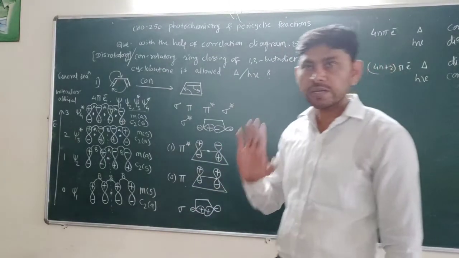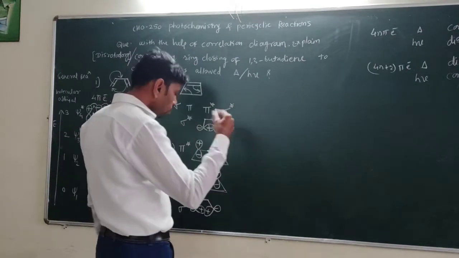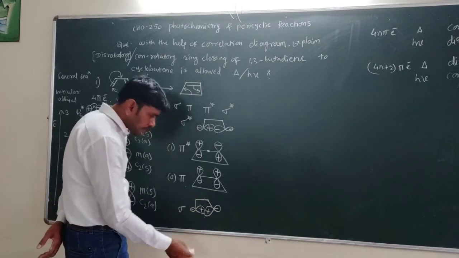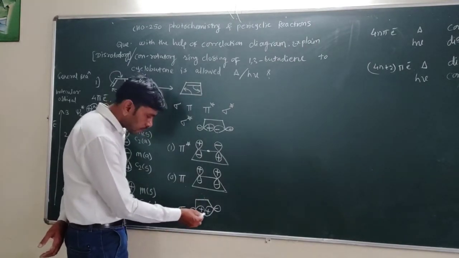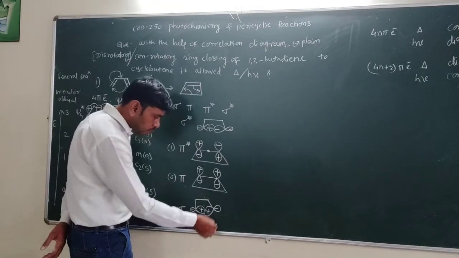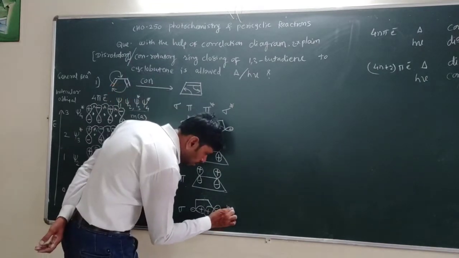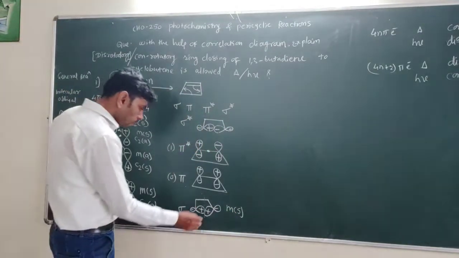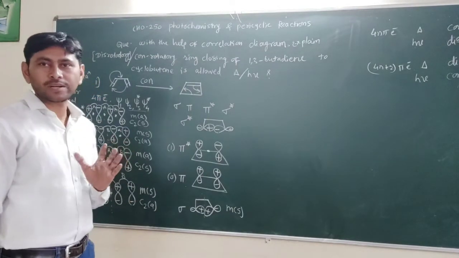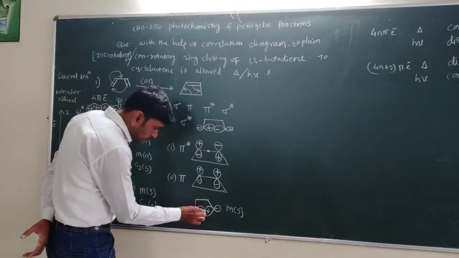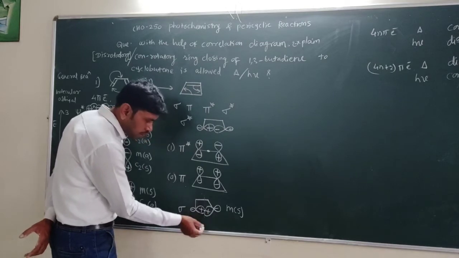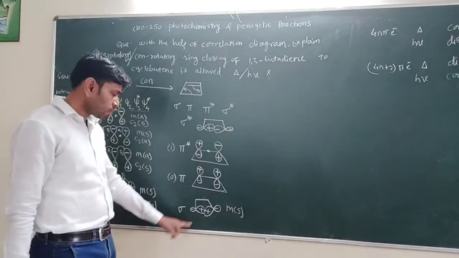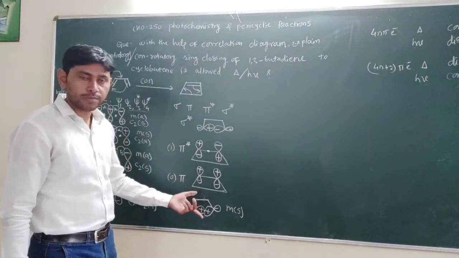Now we have to show the M symmetry and the C2 symmetry. Observe the M symmetry here. When we pass a plane and fold the orbitals, the plus sign overlaps with this plus, and the negative sign overlaps with this negative sign. That means this orbital has M symmetry. What about C2 symmetry? We have to observe both symmetries here. Consider the central point, and we go the same distance. We observe a plus sign. When we go the same distance in the opposite direction, we observe a plus sign. That means it also has C2 symmetry.